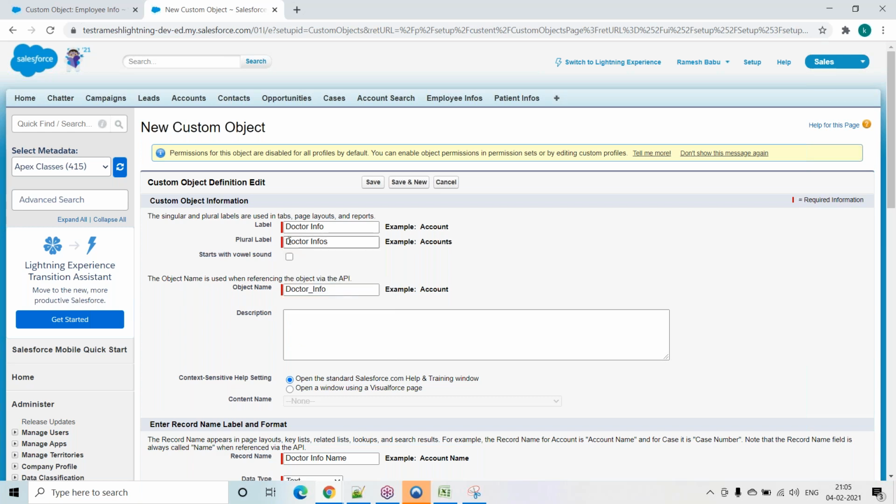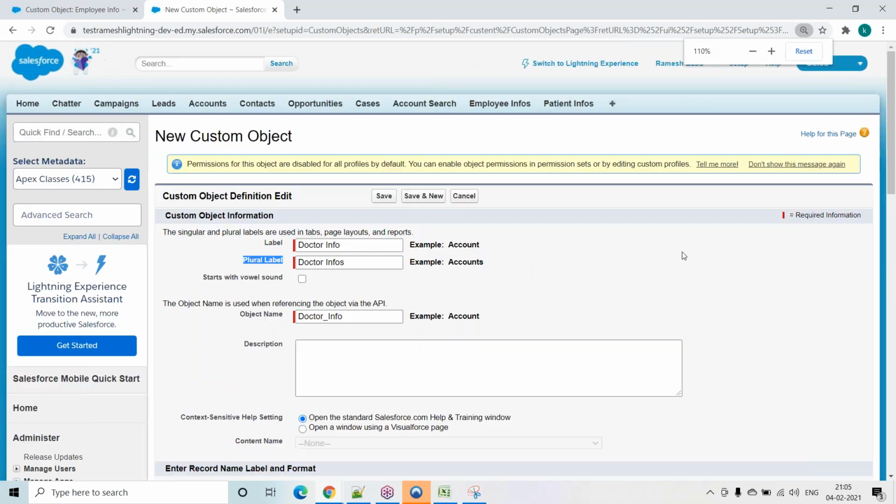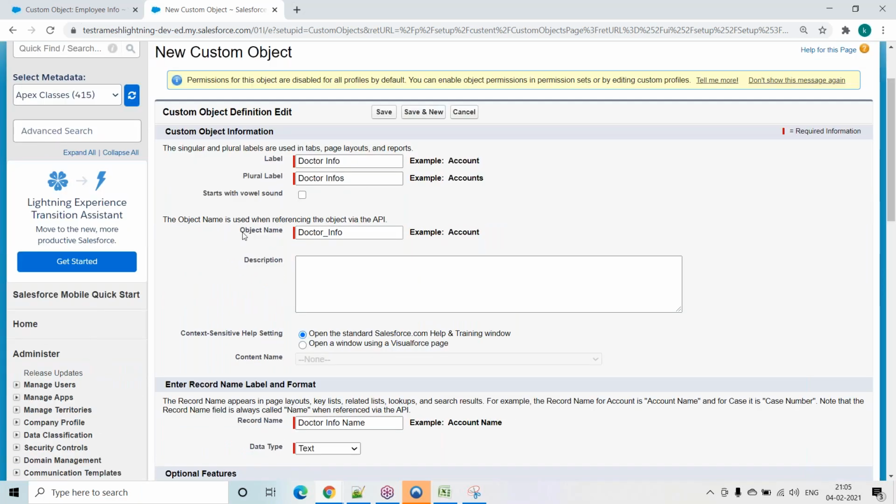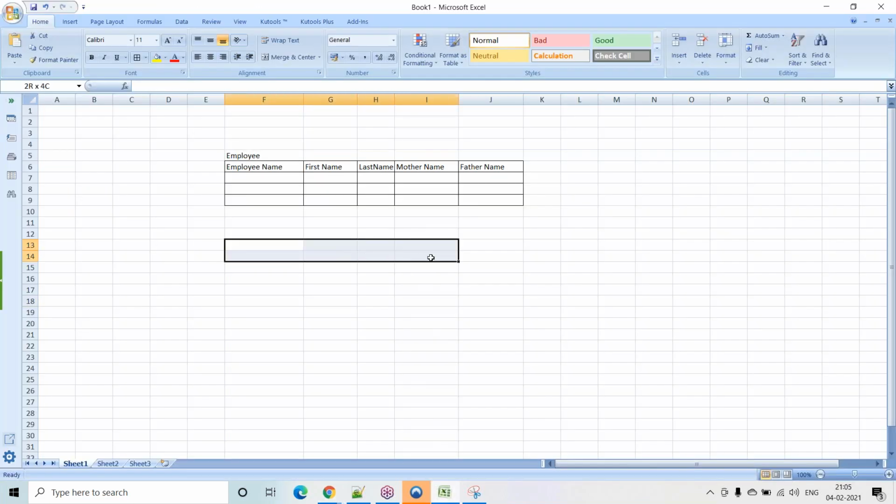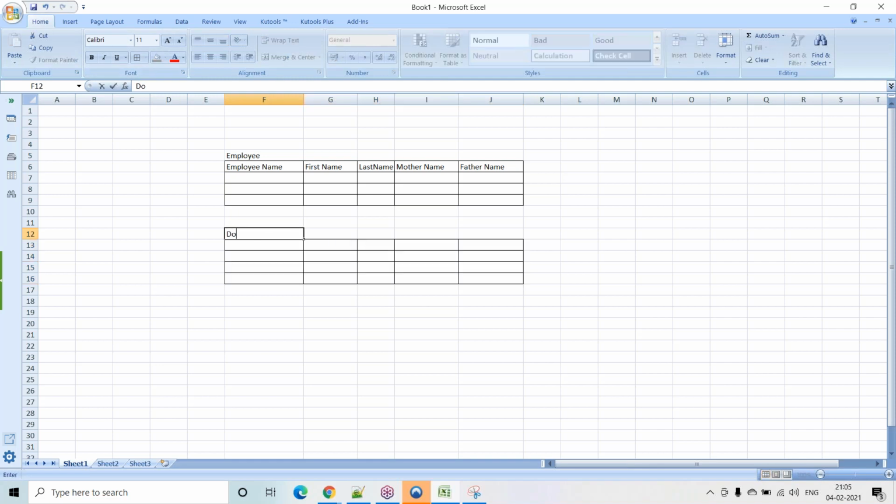At the top, this plural label will come, and that is nothing but a tab. We will discuss what this tab is. Now the object name is there, and the system automatically generates an API name for it. So with these three things, label, plural label, and object name, this is my table name: doctor info.